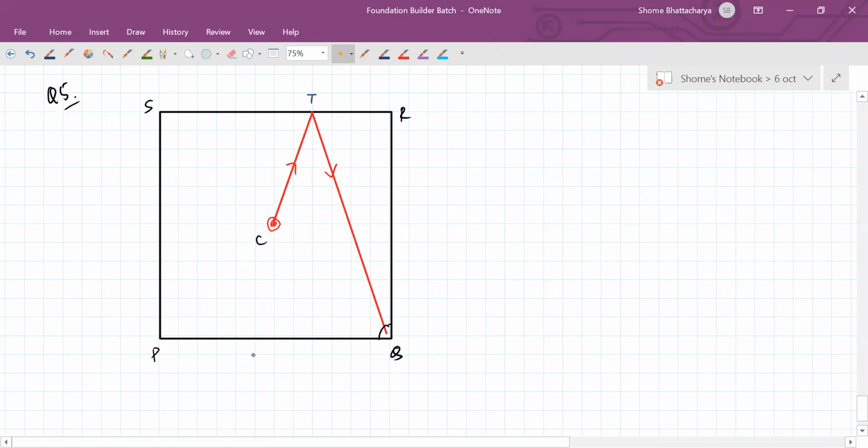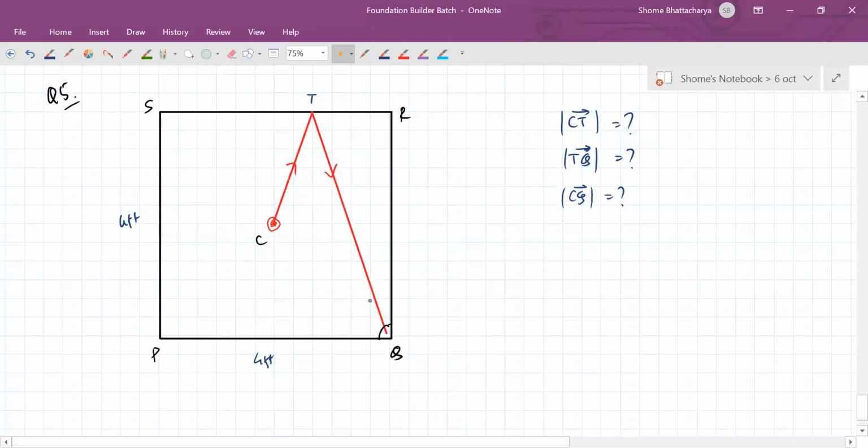So now, given that the carom board is 4 feet by 4 feet in dimension, we want to find the magnitude of the displacement from the center to the front surface, then the magnitude of the displacement from the front surface to the pocket. So this line TQ's magnitude we want to find out, and we also want to find out the final displacement, which is nothing but CQ, which is this.